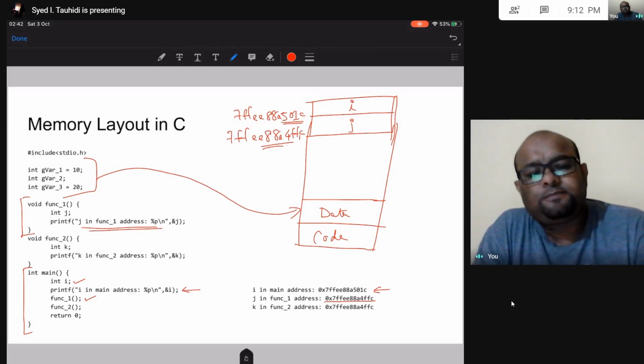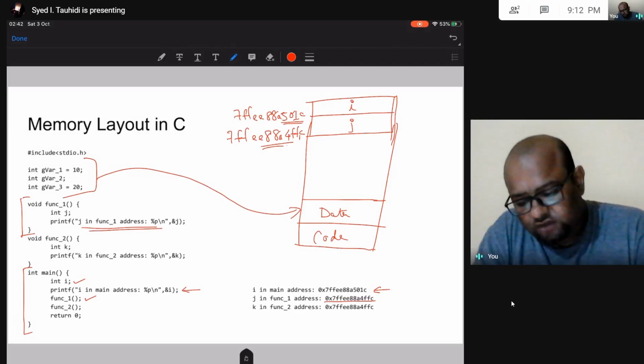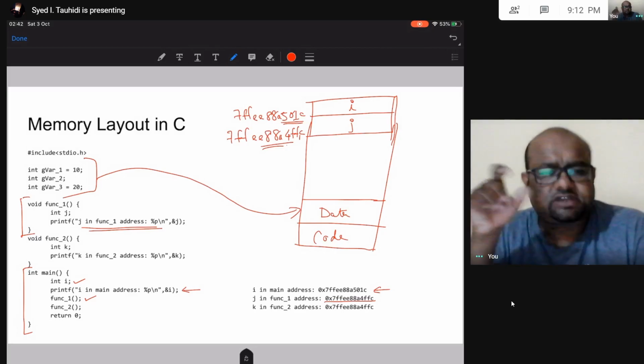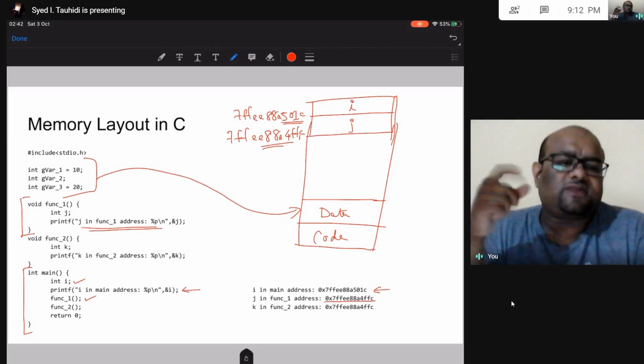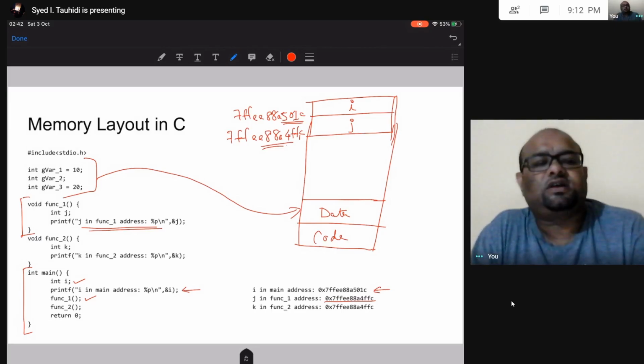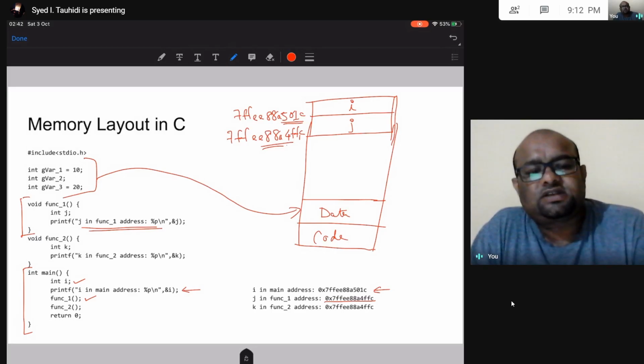More specifically, in case of your x86 processor, that is the processor that you have on your laptop, this AMD or Intel processor, they are going to store things like the stack pointer and base pointer into the stack. So apart from simply storing this data, lots of other things are also stored in the stack, but let us not go into those. That is not what we are interested in this subject.